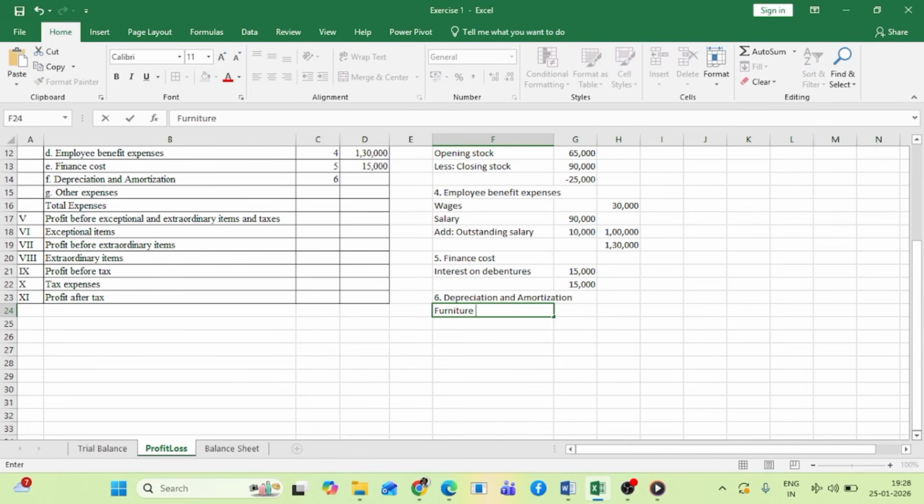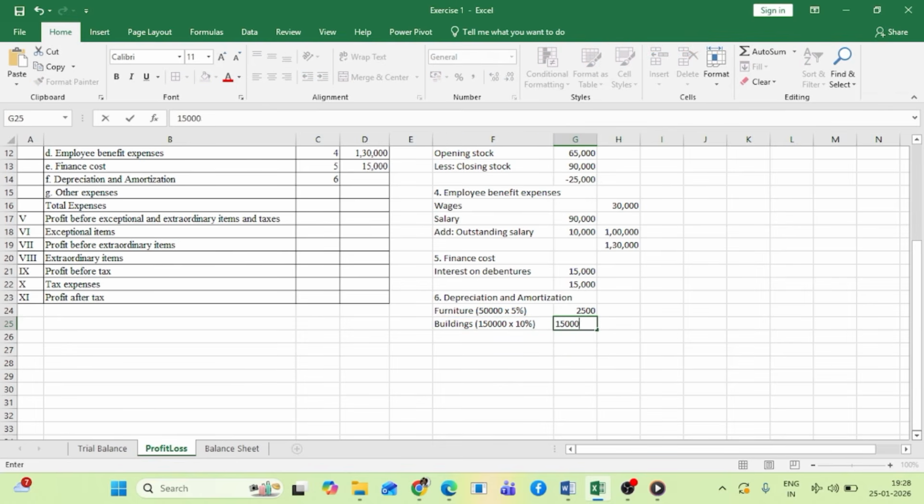First, furniture. On furniture the amount is 50,000, and 5% is the depreciation rate, so it is coming 2,500. Next is your buildings. What is the amount of my building? You need to refer to your trial balance for this. The amount of my building is 1,50,000, and the rate of depreciation for building is 10%, so it is coming